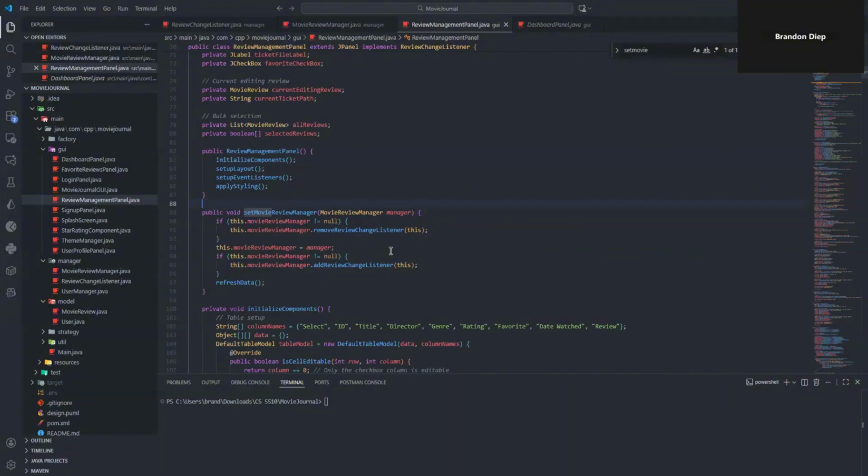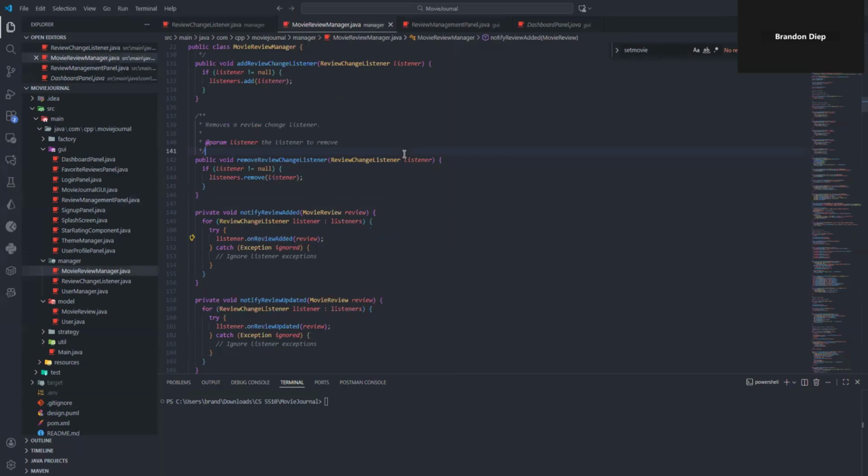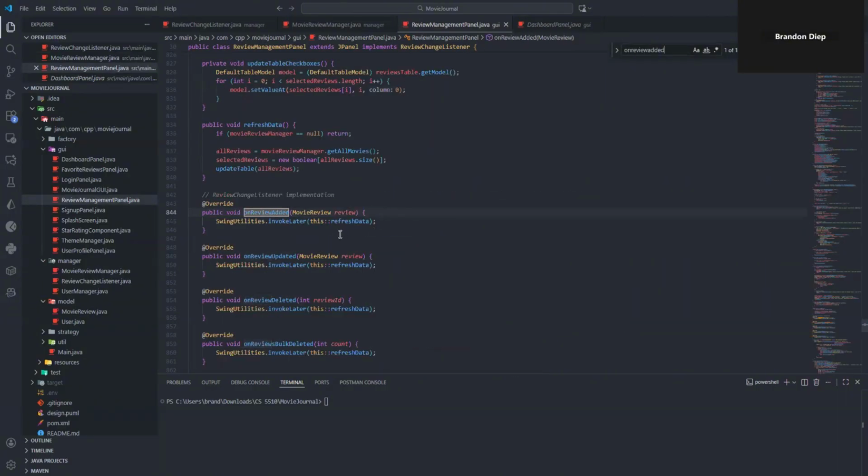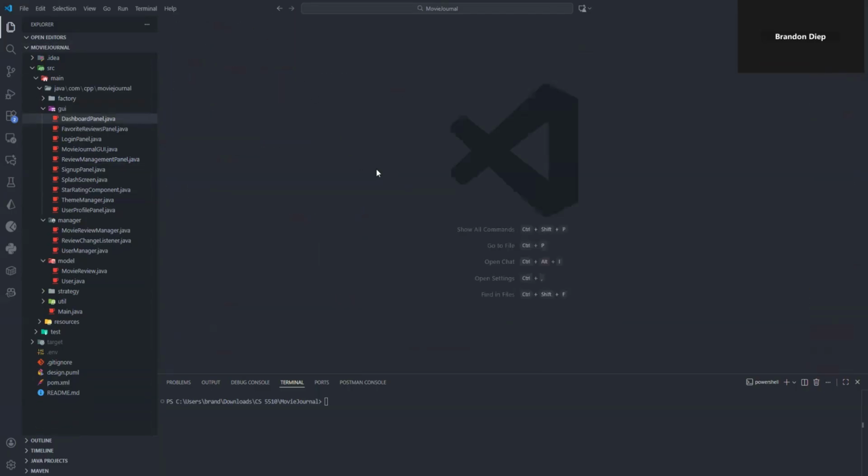And to summarize how the observer works, let's imagine a user adds a review. The movie review manager will save it and call notify review added right here. And the review management panel's onReviewAdded is invoked. It's going to refresh the data, and the UI will automatically update. And that's basically the observer pattern. Hopefully I explained that well. And thanks. So I think right now we're going to move on to the next pattern,